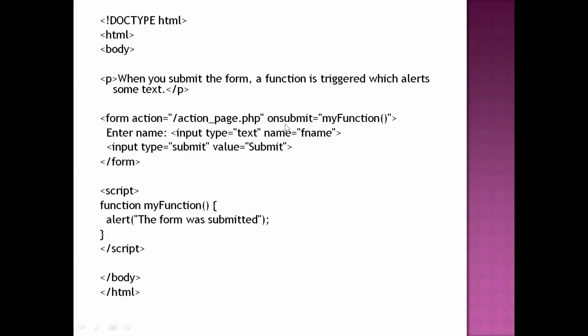All these events we need to write as attributes in the form tag. Okay, so all these events are written in the form of attributes. The on submit event will be generated because of the submit button, so that should be written inside the form tag. Because of a button, the on click event will be generated, so the on click attribute we need to mention inside the button tag, right?